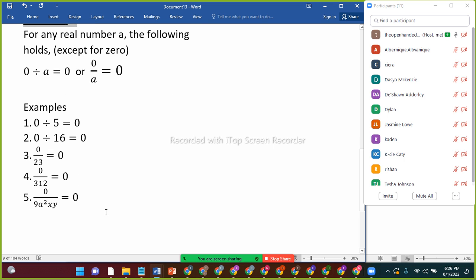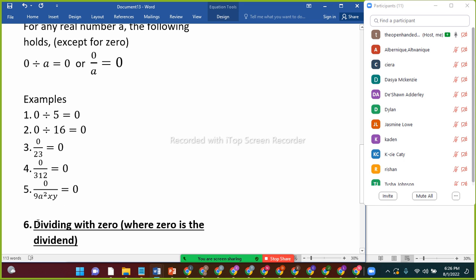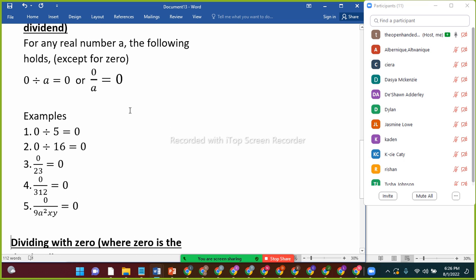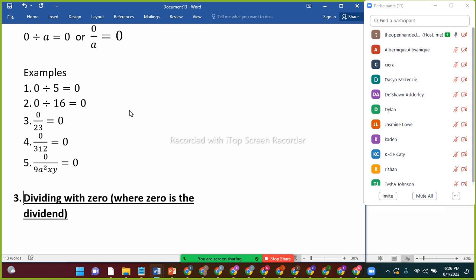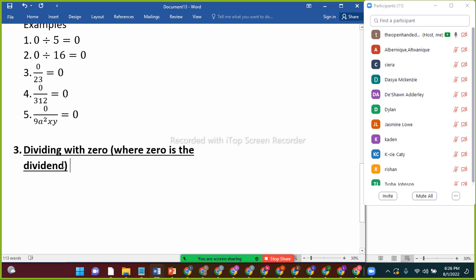So let's move on to the example. Sorry, dividing by 0 is the third one. This is the third example. So we're looking at dividing with 0, where 0 is not the dividend this time, but 0 is the divisor. 0 is the divisor. So for any real number